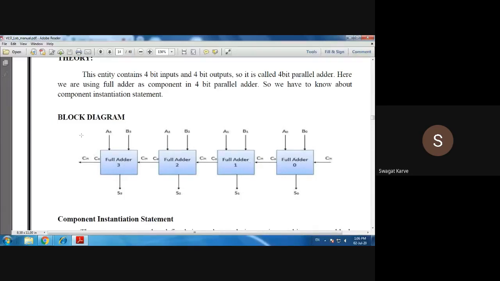So this is the block diagram of this adder. This 4-bit parallel adder is nothing but a combination of 4 full adders. You can see here, C in, A, B, these are the first 3 inputs to the adder 0.